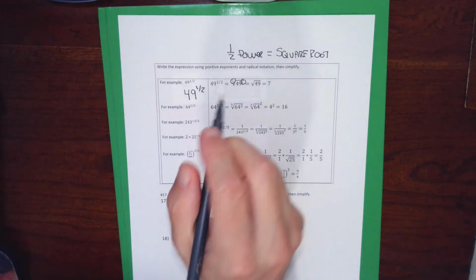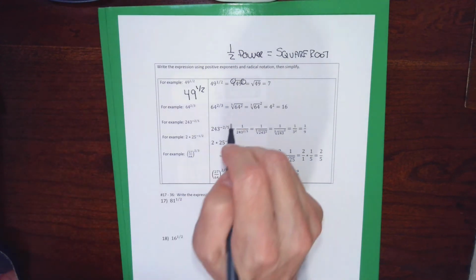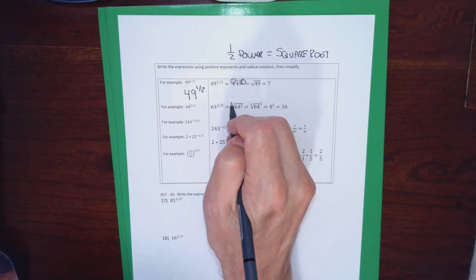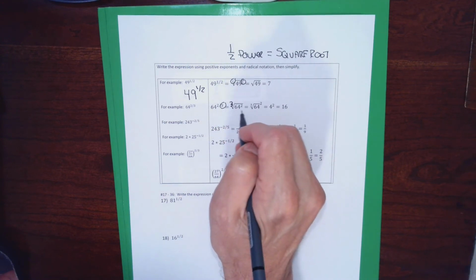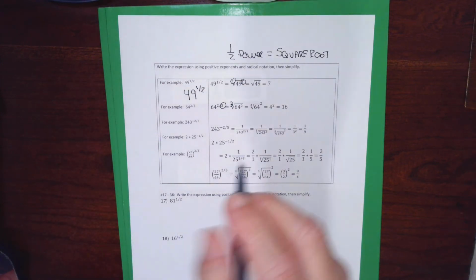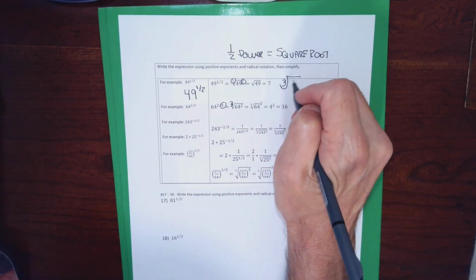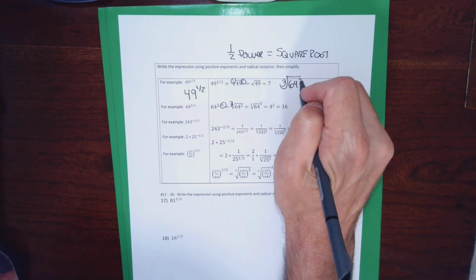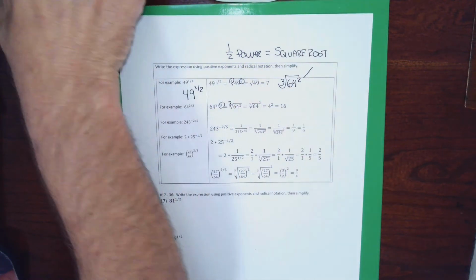The next problem wants me to simplify 64 to the 2/3 power, so I'm going to make the radical form of it. The index is going to be 3, that's the denominator of the fraction, and the radicand is 64 squared. 64 squared is a monster number. There's 2 ways to reduce this problem. When I have the cube root of 64 squared, there's 2 things I can do. I can do 64 squared,